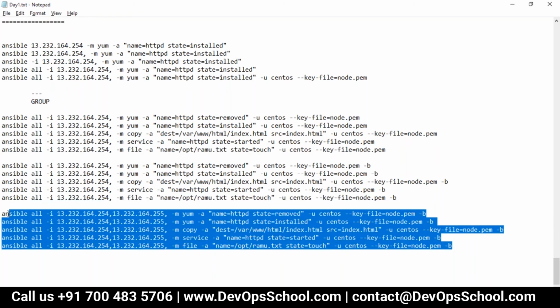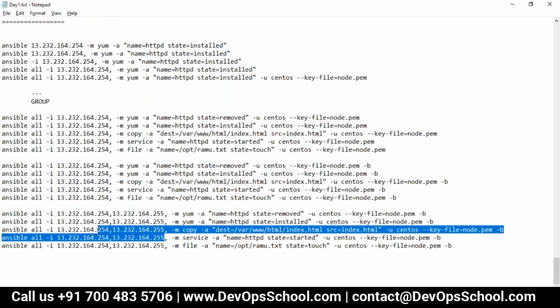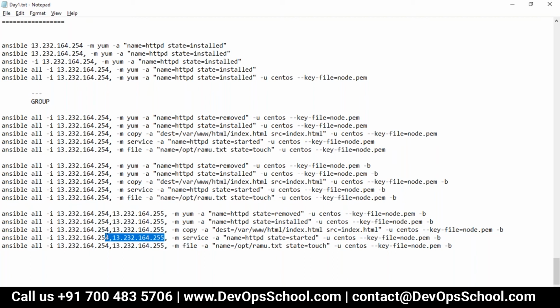Okay, so guys, are we clear? Now let me tell you, if you have more machines, you can add them separated by commas.